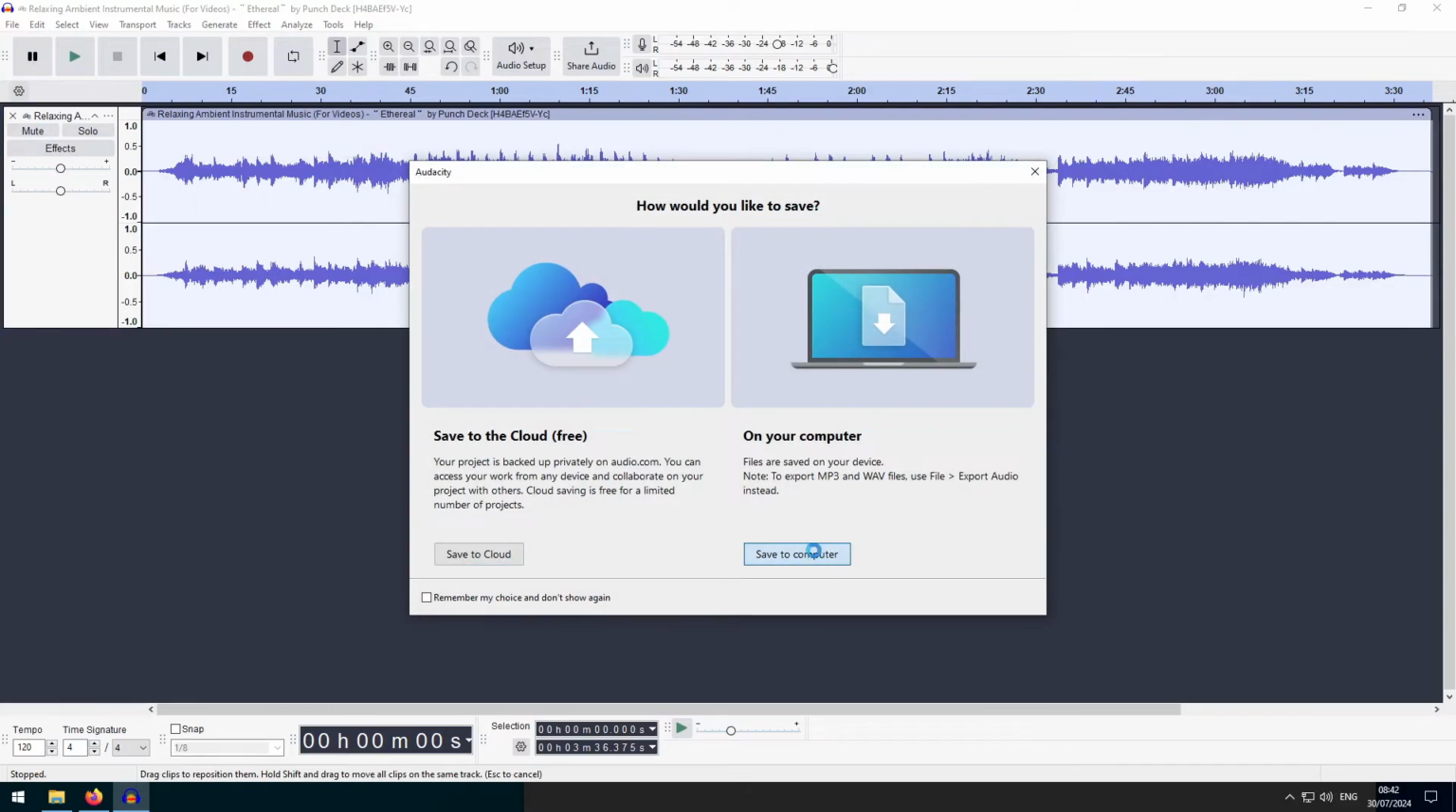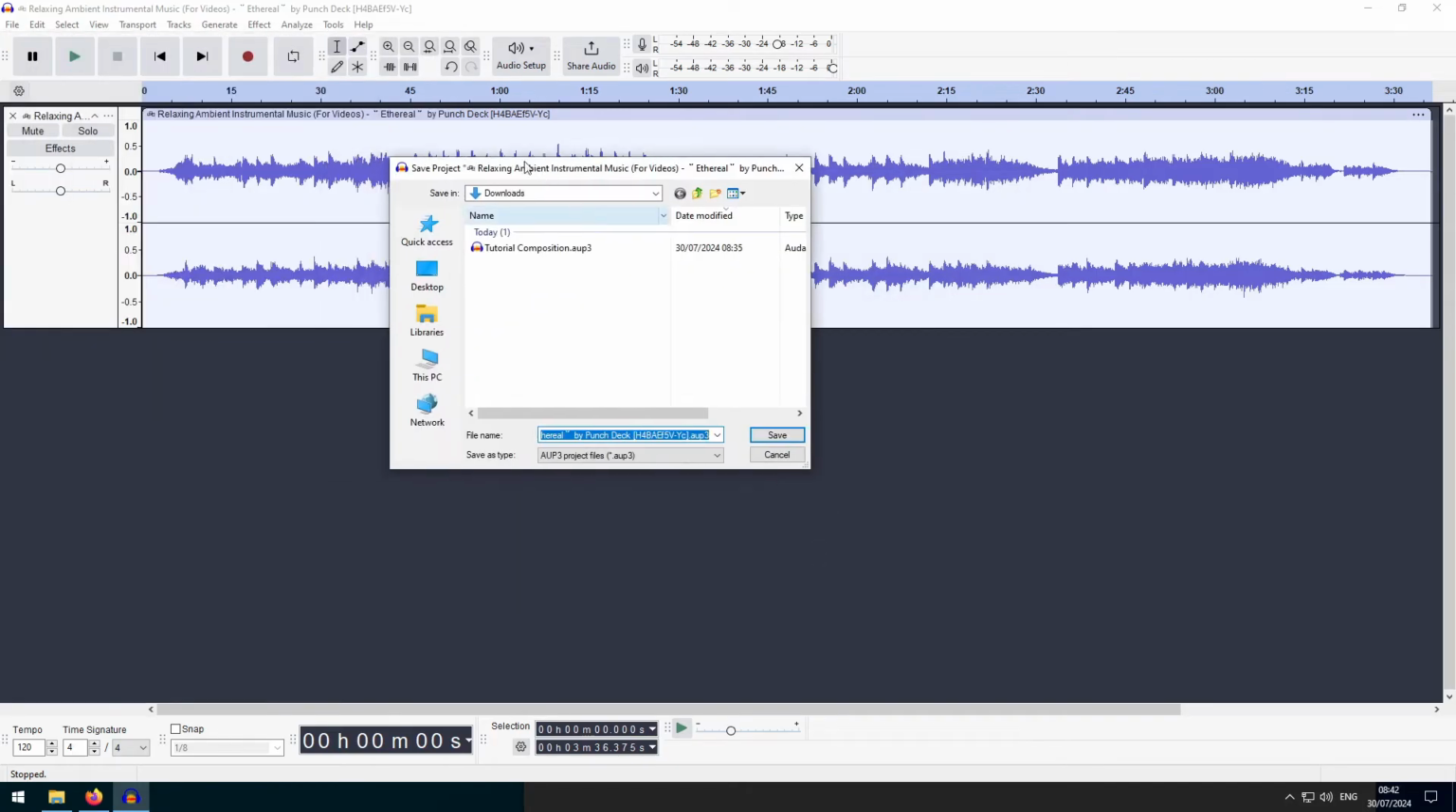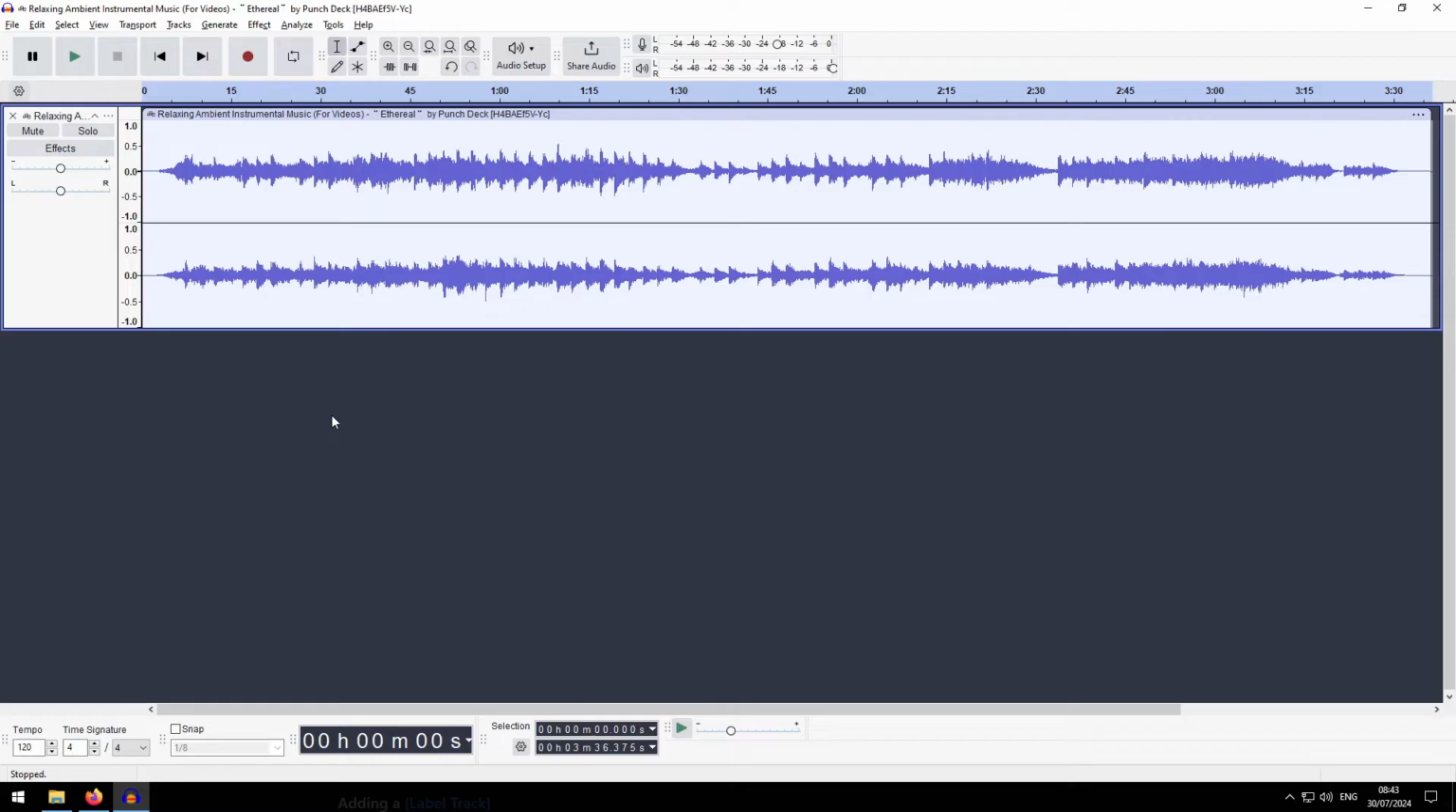Just select Save to Computer and save it, for example, into your Downloads folder. Then you can start cutting the audio to the right length. This is a whole song, but I don't want to use the whole song, so I can cut the audio by selecting a part of the audio, like from here to the beginning,